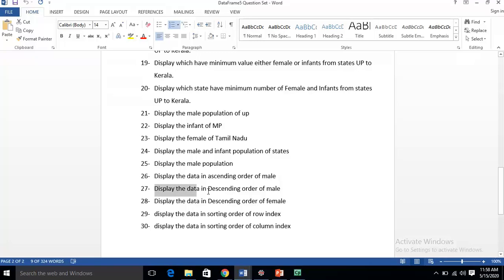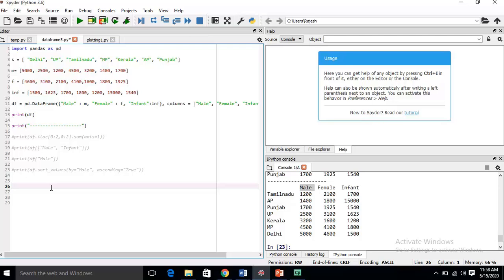Display the data in descending order of male. Now we have to arrange the data in descending order. The only thing you have to do is write false. In the previous one I wrote true in double quotes, whereas it should not be in double quotes.